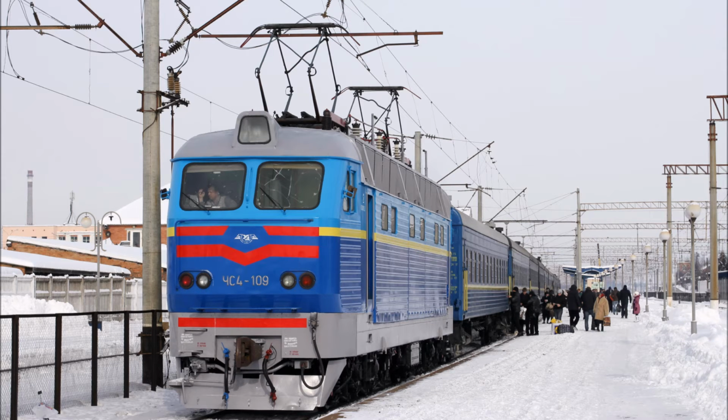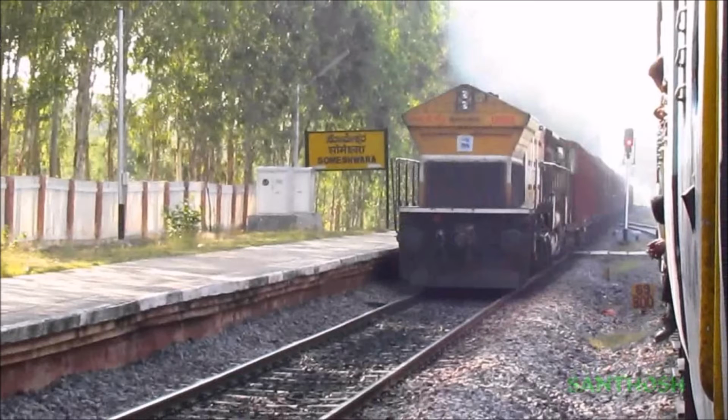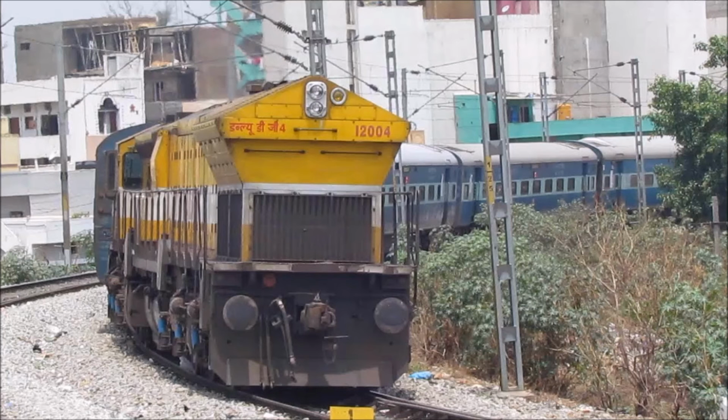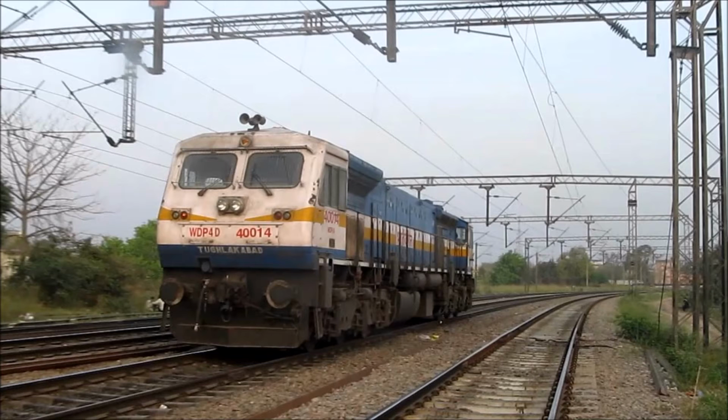Further developments. In 1945, a batch of 30 Baldwin diesel-electric locomotives, Baldwin 0-6-6-0 1000, was delivered from the United States to the railways of the Soviet Union. In 1947, the London Midland and Scottish Railway introduced the first of a pair of 1,600 horsepower (1,200 kilowatts) Co-Co diesel-electric locomotives, later British Rail Class